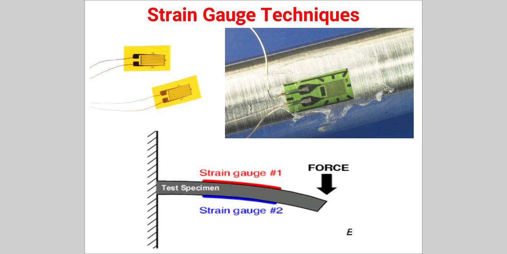So this is the basic working principle and construction of the strain gauge. In the third figure we can see one cantilever beam, with one strain gauge pasted at the top side and another strain gauge pasted at the bottom side. That means strain gauge 1 is subjected to tension, and strain gauge 2 is subjected to compression. In the first strain gauge the resistance increases, which will be calibrated in terms of the unknown parameter. In the second strain gauge the resistance decreases, which will be calibrated in terms of